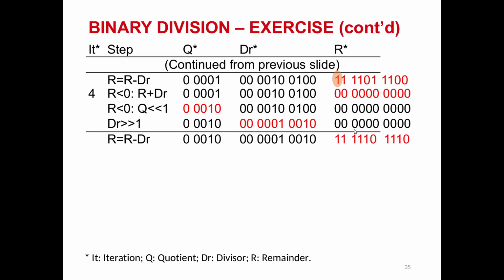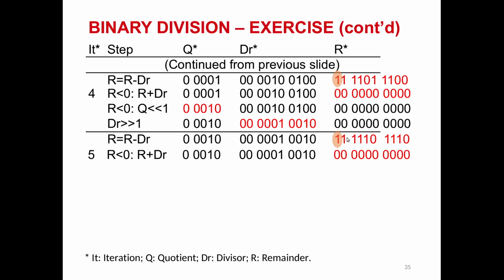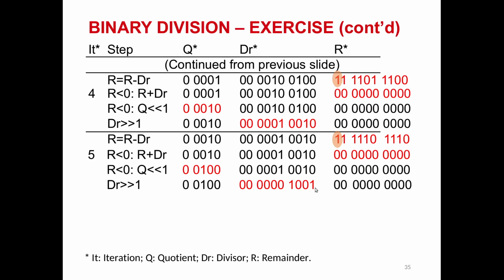In the fifth iteration, we take R here and minus dr here, and this is the result of R minus dr. You can see that the most significant bit of the result is 1, so it implies that R is smaller than 0, and we need to reverse R back to the previous value, and so here we have R returned back to 0, and we know that R is smaller than 0 by this bit, so Q will be changed by pushing one bit with the value of 0 to the right hand side, shifting Q one bit to the left, so that Q will be 0 0 1 0 0 now, and then dr must be shifted one bit to the right, and it changes to 0 0 0 0 0 0, and then 1 0 0 1 here, bit 1 here shifts to here, and bit 1 here shifts to here.